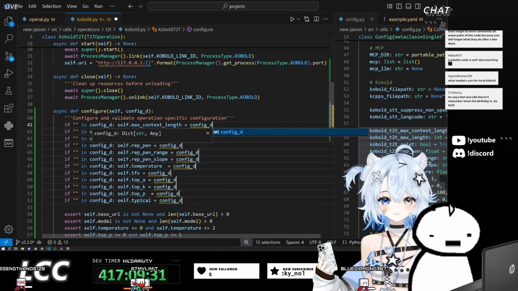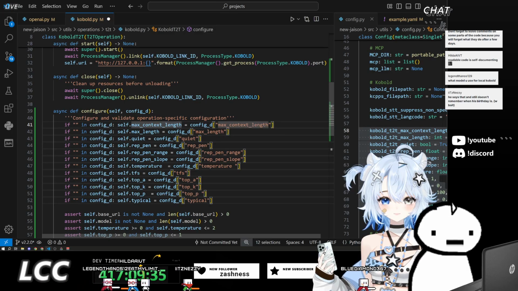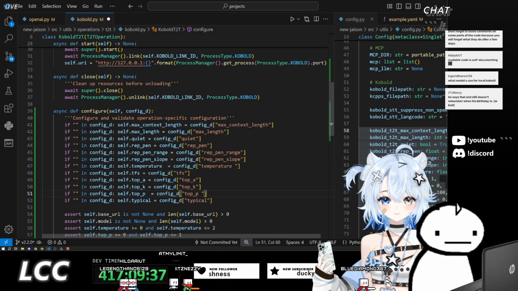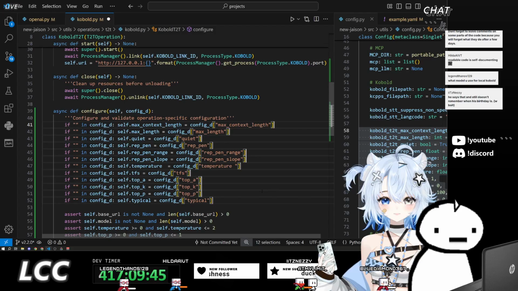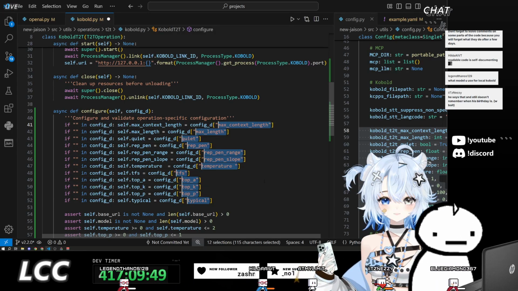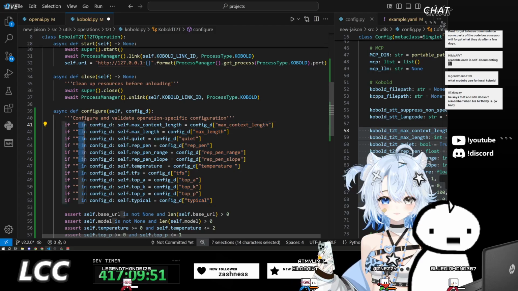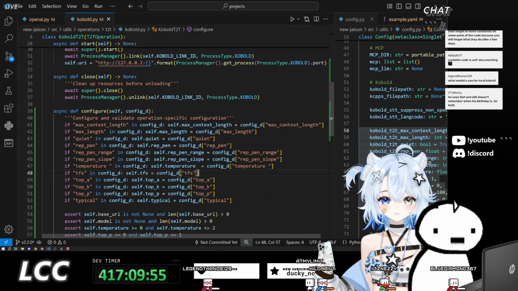This will be config D inside of here. And we'll actually use this as well. Copy that over into here. One over, copy the entire string. And we can just replace this over here. Nice. Hella convenient.